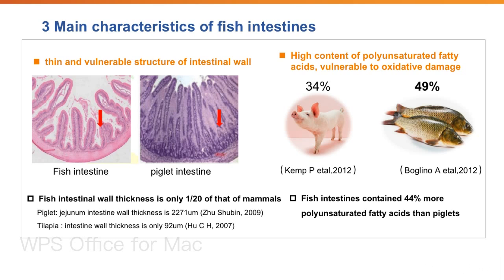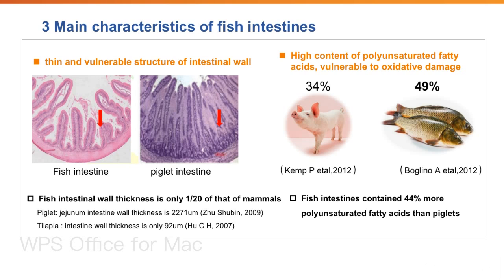There is no obvious submucosa in the wall of the aqua intestine, whereas the intestinal canal of land animals consists of a mucosal layer, a submucosal layer, a muscular layer, and a serosal layer from the inside to the outside. The tissue structure of the intestinal tract of aquas is very similar, generally including the mucosal layer,